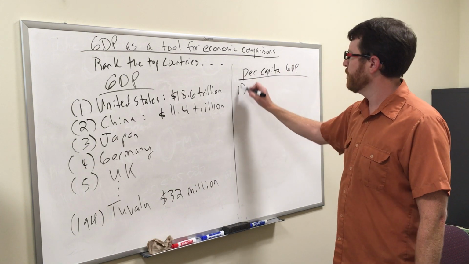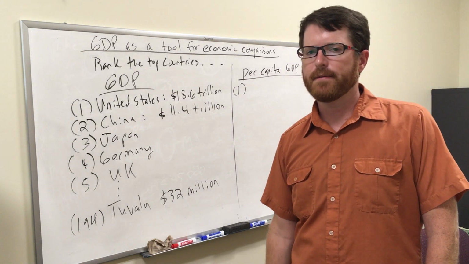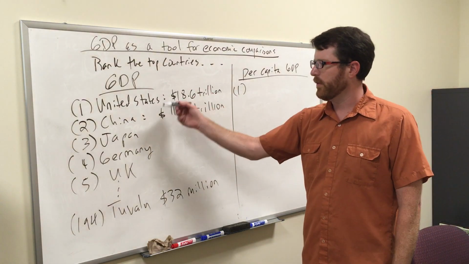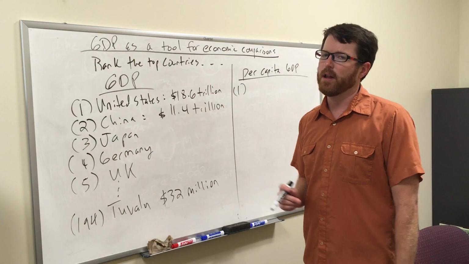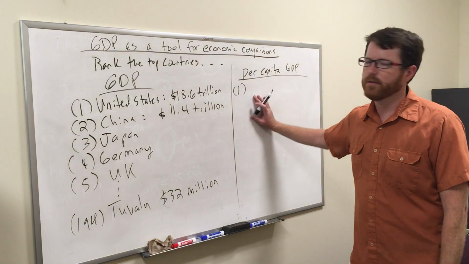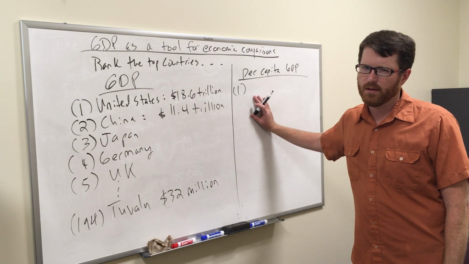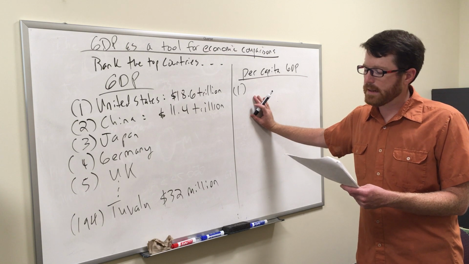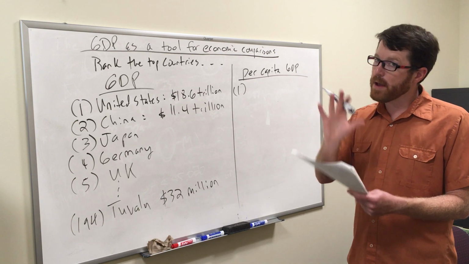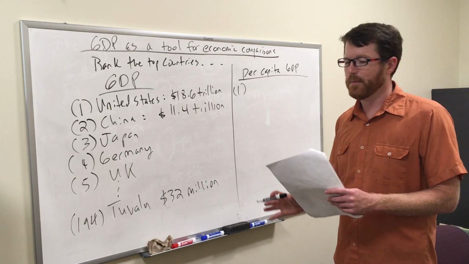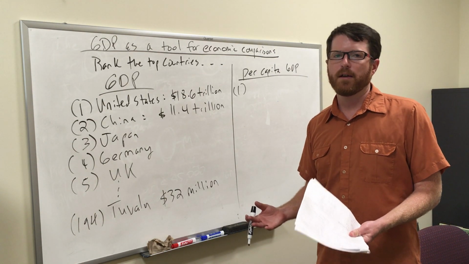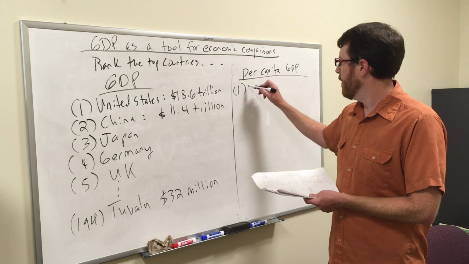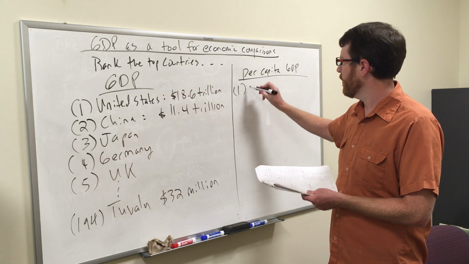And this is much more difficult to identify the top 5. Because here you can basically think about the big countries and narrow it down, and that made it a lot easier. Per capita is a lot more difficult. So what do you think is number 1? Number 1, according to my list here, and again, you may see something different, so don't send me an email saying what I told you was wrong. It's just based on different estimates. Every estimate is different. Number 1, according to the list I'm looking at, is Luxembourg,